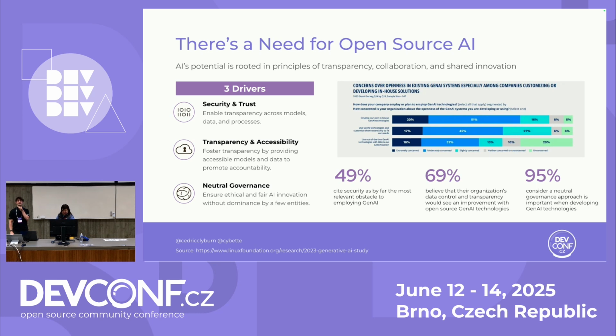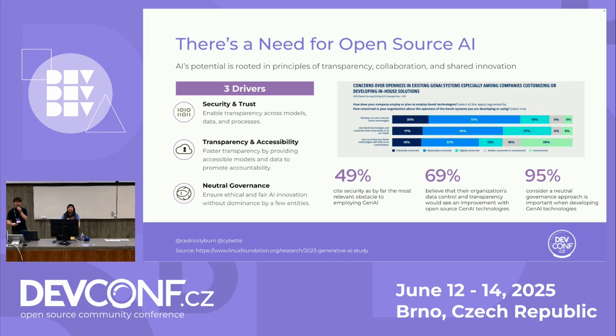Because organizations and engineers like us, we trust open source because we can vet the code, because we have a community of people working on it, contributing to it. And it's quite similar for AI. We need that transparency and accessibility, the security of models that have been vetted, and governance, not having just a few players in the field, but allowing everyone to have a seat at the table for AI.